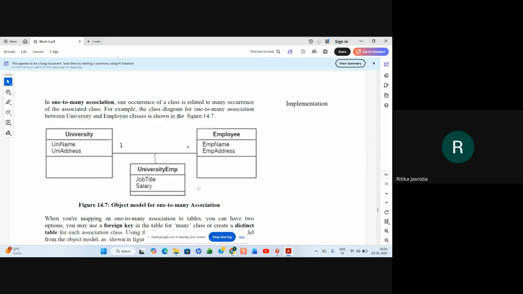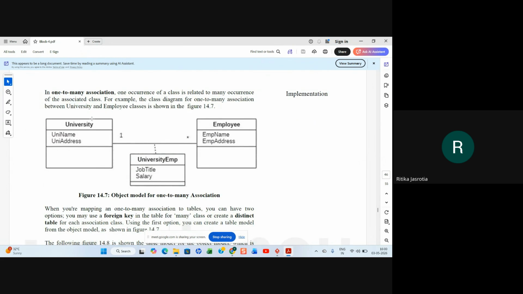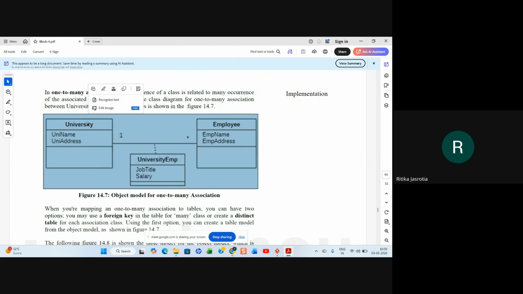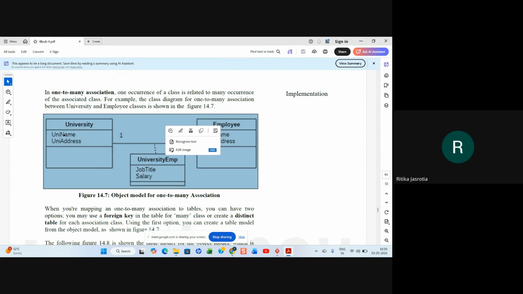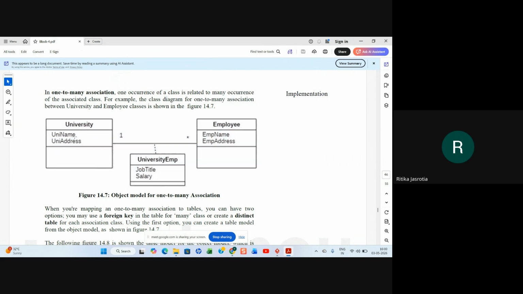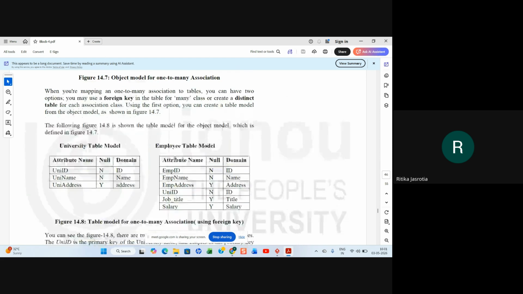Can you understand? If you have a ternary relationship like this, you will first create the table for university, then a table for employee, and then a table for university employee. Now the primary key here may be, suppose, university name, and here is employee name. And in university employee, university name and employee name will be there, and they are the foreign keys of university and employee tables, and they will be the primary key of university employee also. So if you go here,